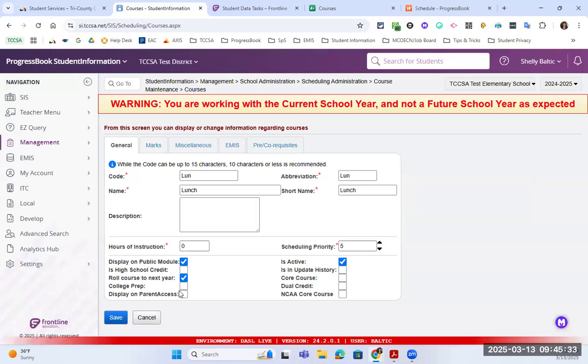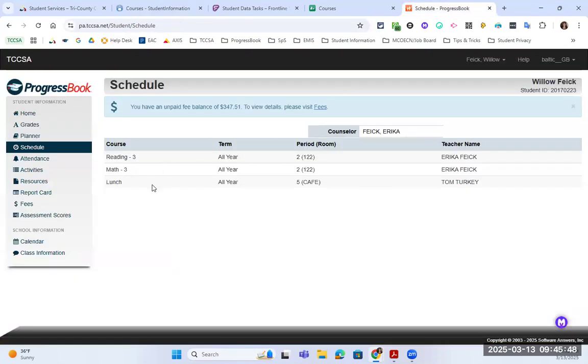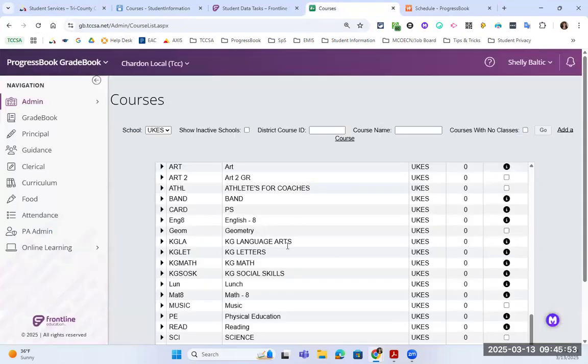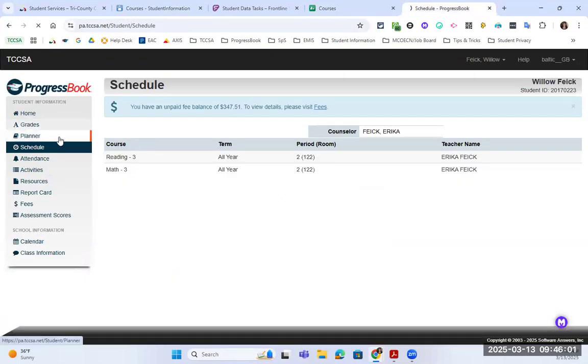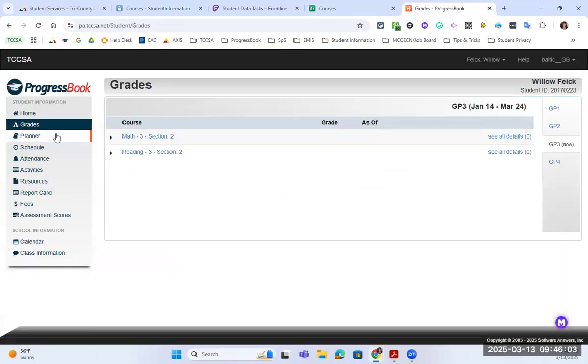Because under grades, you don't want parents to see admin, you don't want parents to see case management or athletes for coaches, and they're like, what is that for? So you turn it off here, which is going to turn it off on the schedule screen. And then if you turn it off under courses, so if you say exclude, then that's going to turn it off on your grades, your planner, your home screen, all of those screens. Okay, so it's kind of a two-step process. It does not explain that in there,